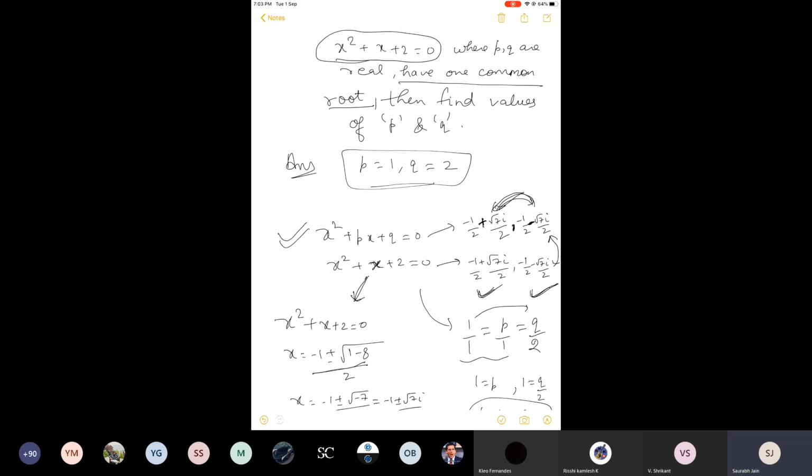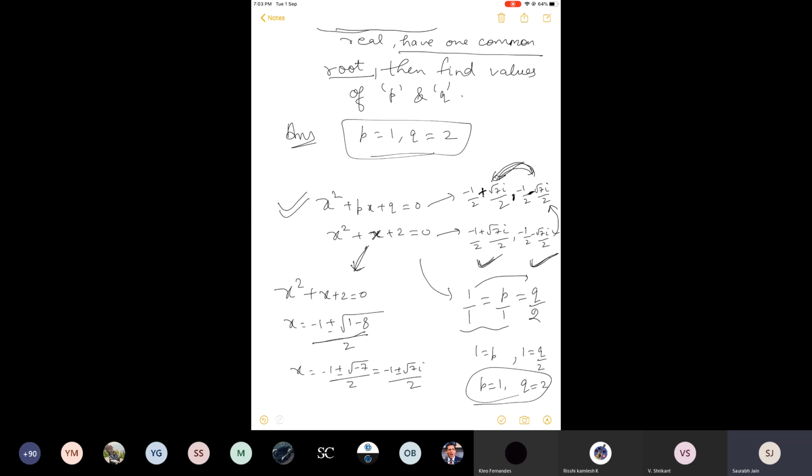And this was also the last question of the class. With this, we complete this section also, that is, the condition of common roots. In questions 1 to 69, there are around 7 questions based on this concept, which will help you understand this even better. What is required from your side is a serious attempt at the questions from the homework. Otherwise, it is of no use. So give your best effort in attempting the questions. We will discuss them first in the next class and then proceed in the chapter.